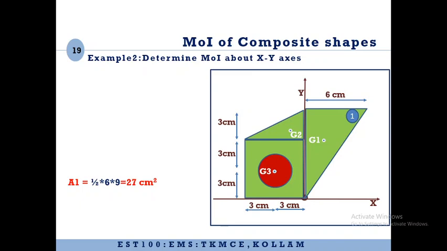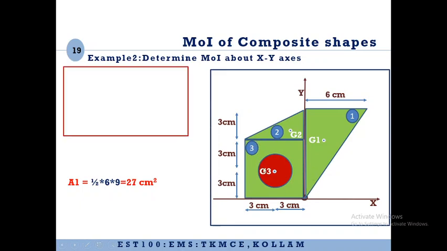So step number 1 is we number the different simple shapes. So shape number 1 is a triangle. Shape number 2 is triangle number 2. Centroids are also given. Shape number 3 will be the rectangle. So this rectangle will be shape number 3, and shape number 4 will be this circle. Since we have not numbered it, but you can number it as shape number 4. That will be this circle. Now next thing